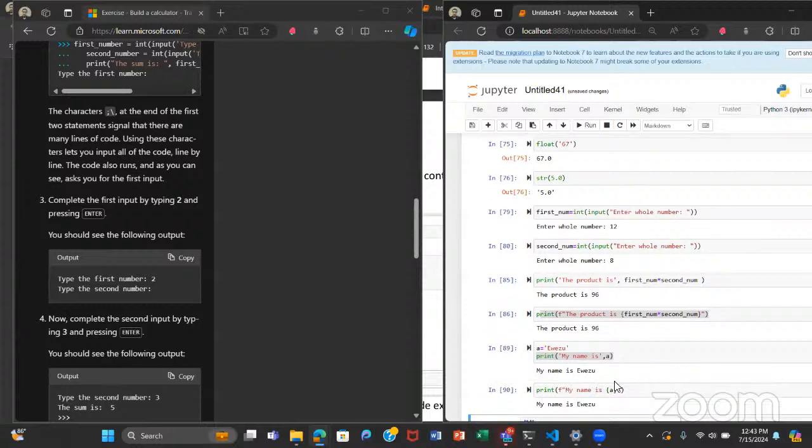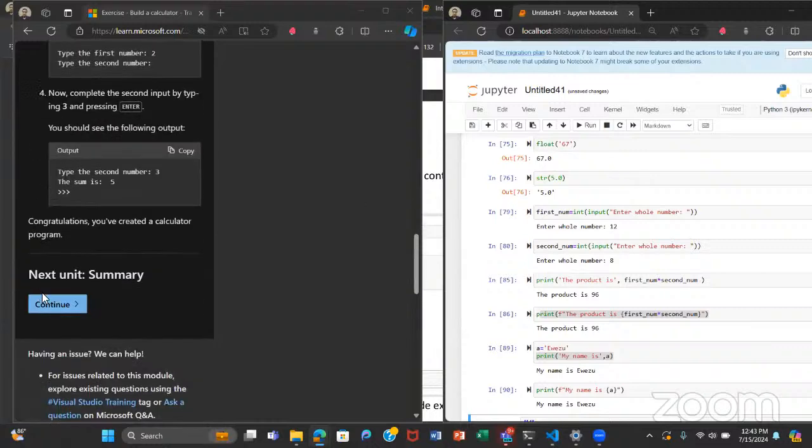So the variable we concatenate to our string could be a number, it could be a string. So that's it, really. That's how we concatenate. I hope that's clear. All right.